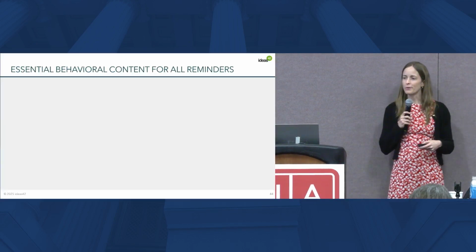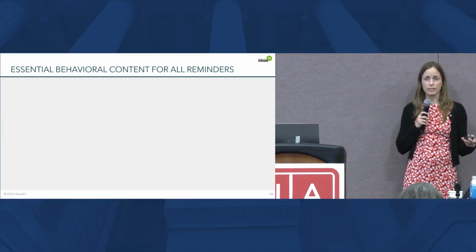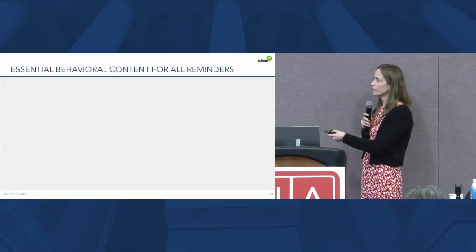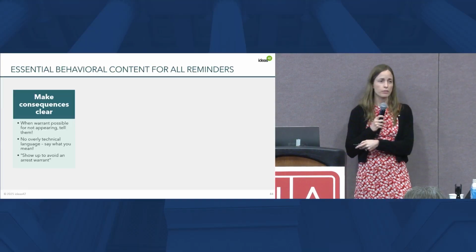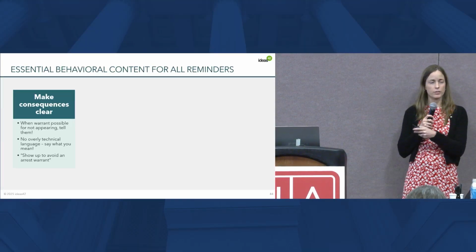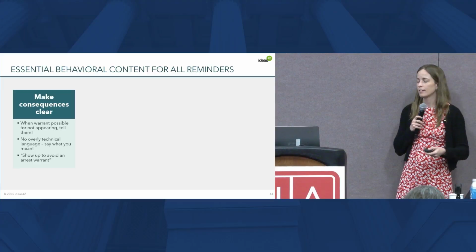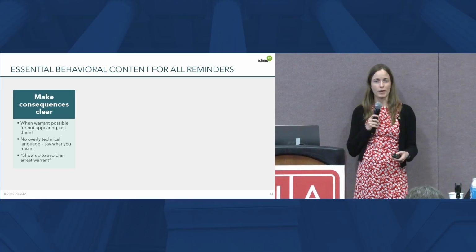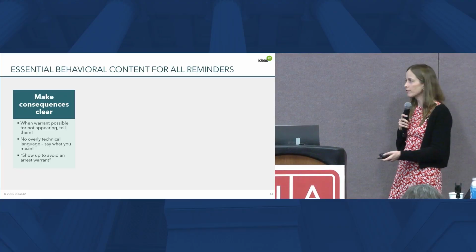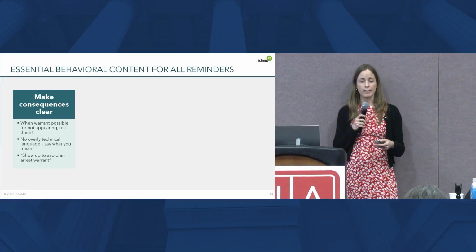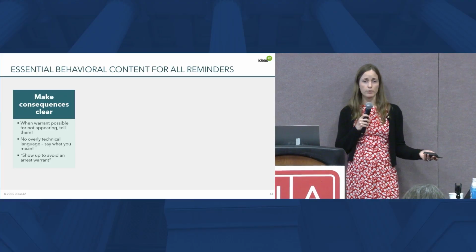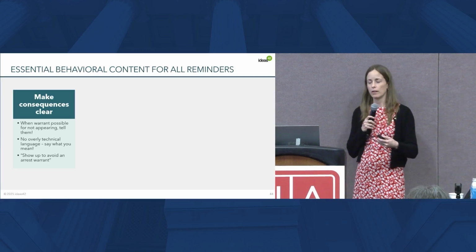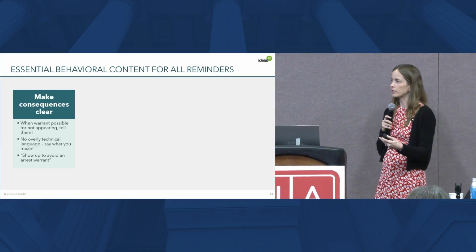All right. So we're going to cover some key elements that you can include in your reminders to make them more effective. So first, it's really important to clearly state the consequences of non-appearance or non-compliance. For most people, going to court involves trade-offs, right? Like they might have to miss work, they might have to find childcare, and these costs can be significant for people, and they're also felt immediately. So they're going to be really top of mind when someone's thinking about how they're going to get to court.